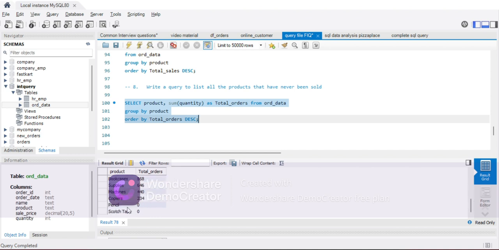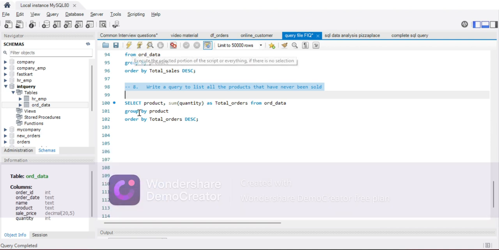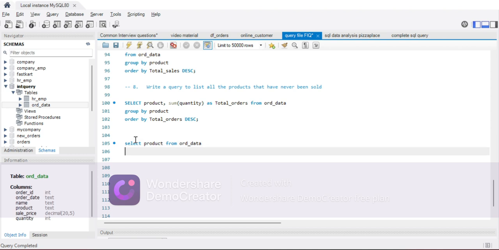And we can see that binders have been ordered the most, and only pencil and scotch tape have never been ordered. So this is one way to showcase which product has never been sold, but let's see a more refined way to find the answer to this question. So to find a very refined way to answer this question, we will write the query as select product from order data